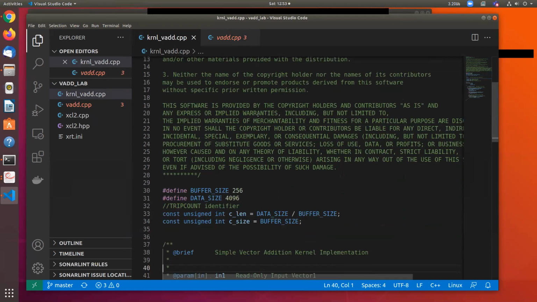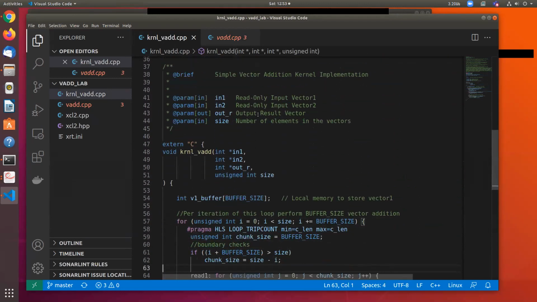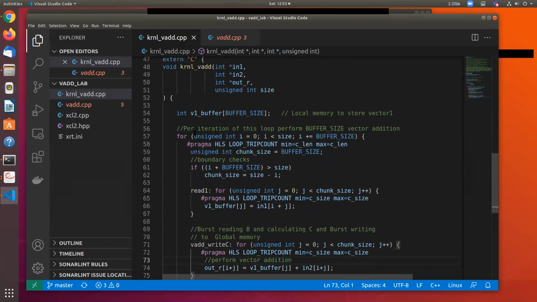So line number 54 is important for you because here we are declaring a vector, and the memory for this is allocated on-chip, while in1, in2, out_r are present in the DDR RAM. So these 3 are present in the DDR RAM of the device. v1_buffer is present in the BRAM. BRAM is an on-chip RAM of the FPGA. So this is allocated on the